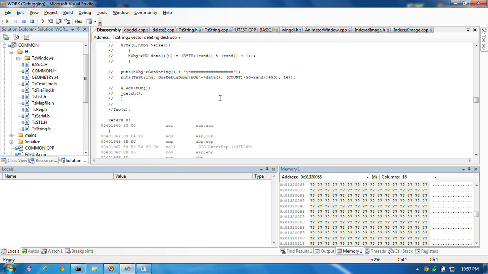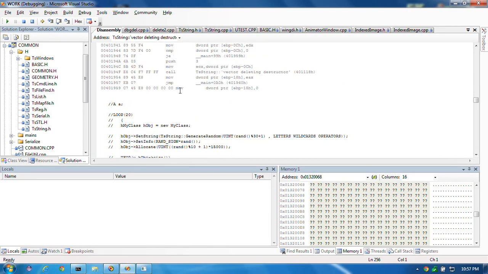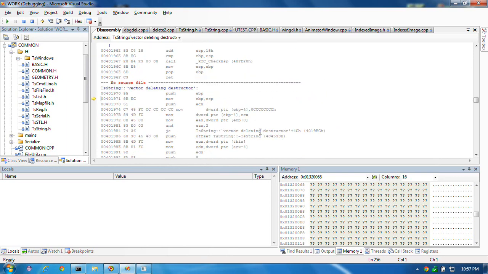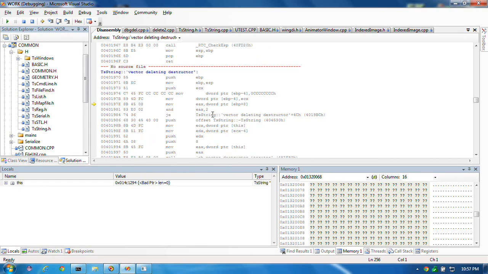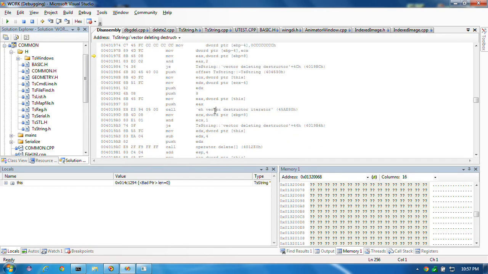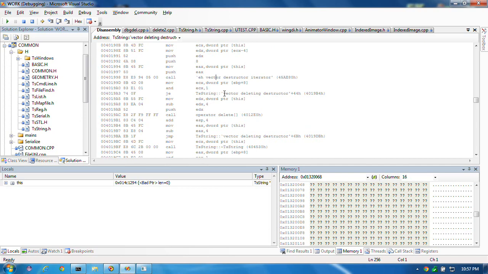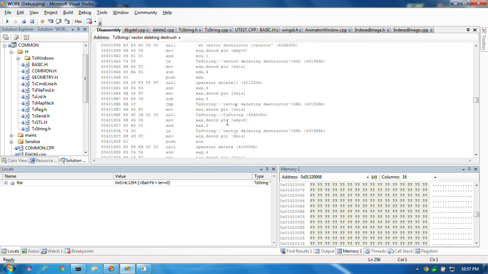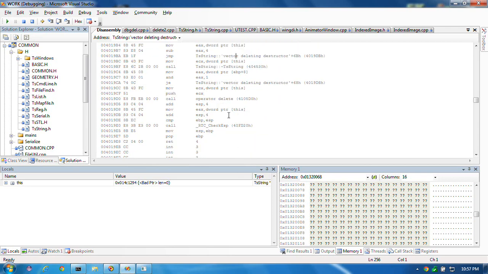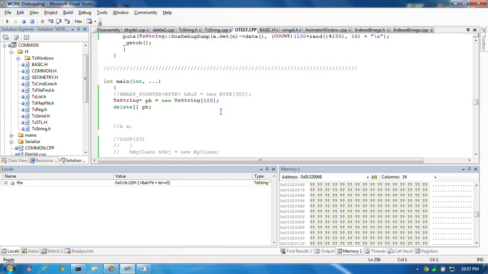It doesn't show any source code. What it's going to do is it's going to call all the destructors on those strings, and then this is something with exception handling. But all of this is saying vector delete, vector delete, vector delete, and the reason being that